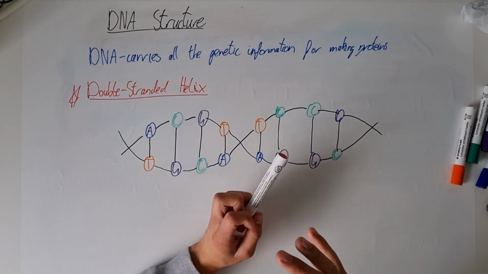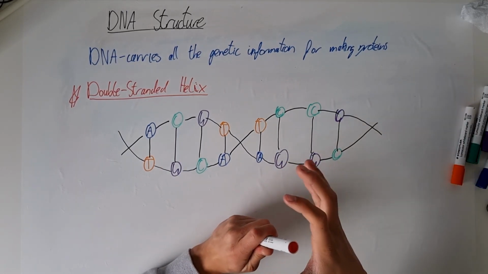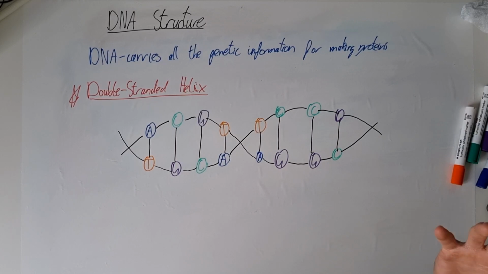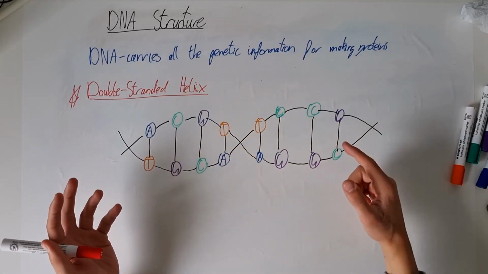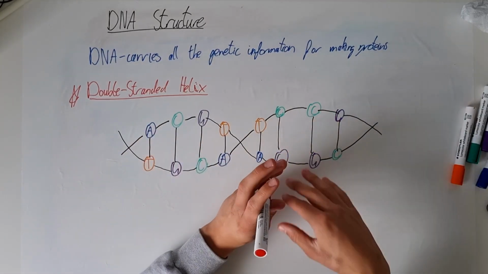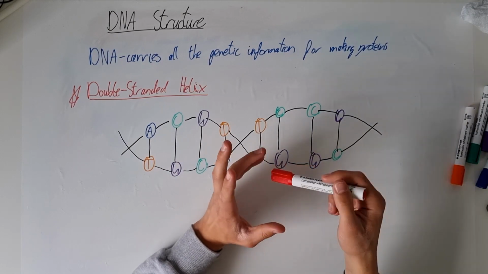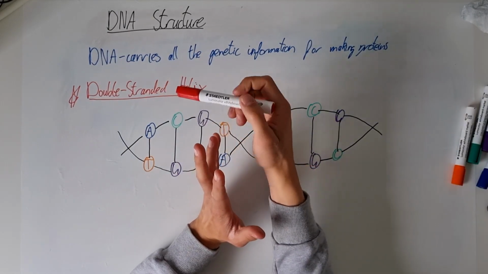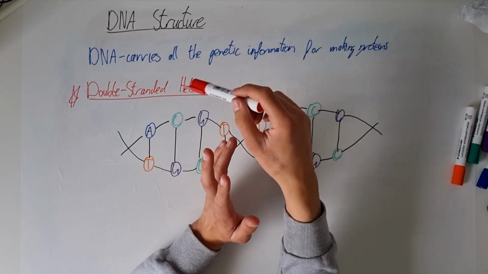Right, so now looking at the actual structure of DNA. If you've ever seen a picture of it, it probably looked something like this, maybe without the bases. But this is what we need to know at this level. And the structure of it is called, and this is really, really important to remember, the double-stranded helix, because